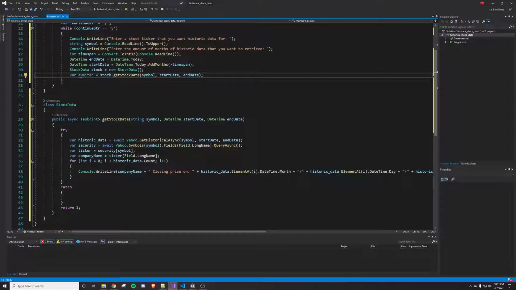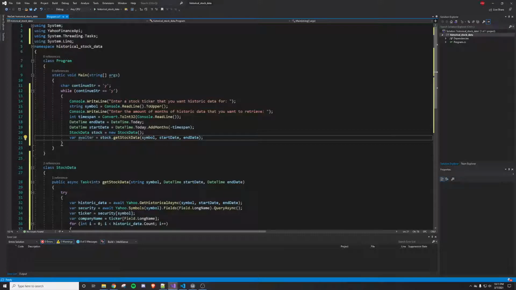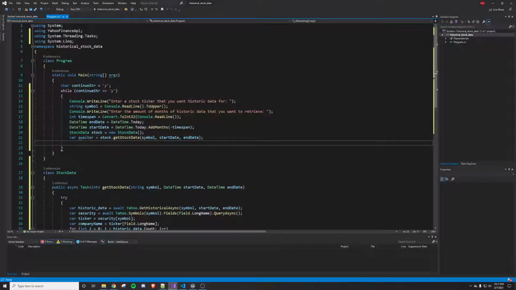So when it returns 1, this awaiter will now have a result of 1, signifying that this function was called and it was run to completion, and we can now move forward in our main function. So we need an if statement to know when this result equals 1. Good question. So when the awaiter.result equals 1,